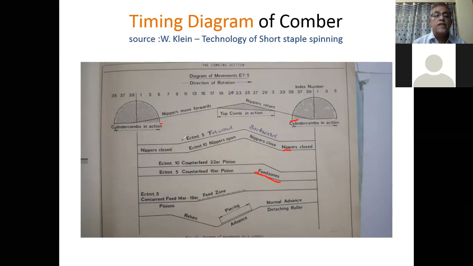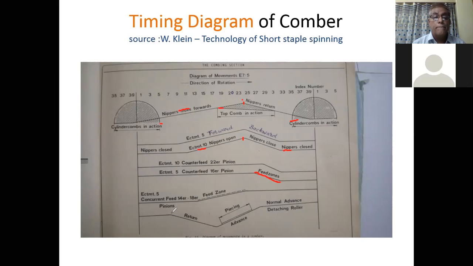After this, the nipper will move forward. The nippers will open also, and this will continue up to index 24. At that time, the top comb will also come into action from 18 to this, and the top comb will be at the most downward position at index 24. At this point, the top comb is downward, that is in action, and the nippers are in the most forward position.